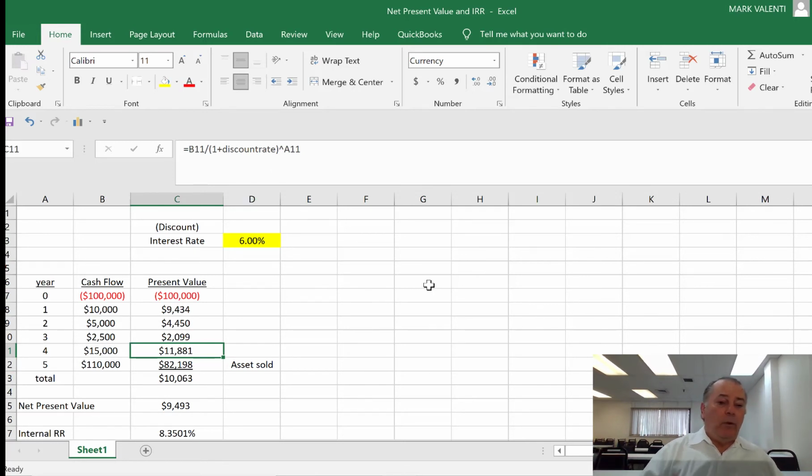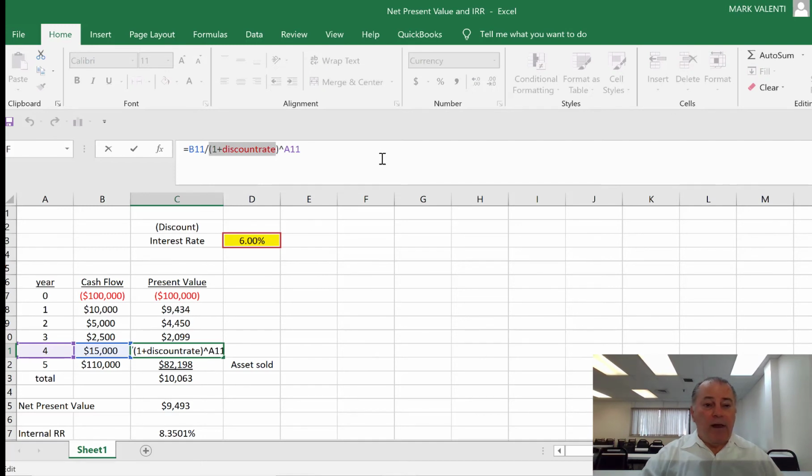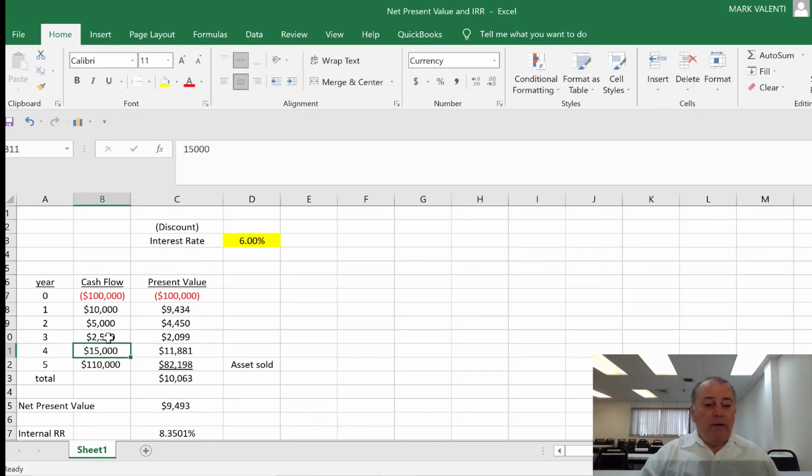So if you multiply 1.06 times 1.06 times 1.06 times 1.06, you have that factor of the bottom number. All right, and that is 15,000 divided by that number you came up with here, and it will give you 11,881. So what we do here is we add all of these present value numbers up for this total, and the